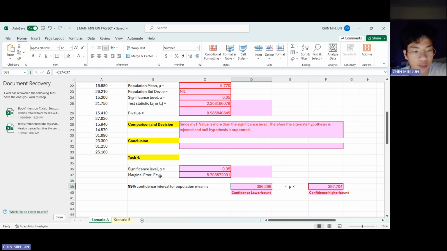Lastly, for my 99% confidence interval range, which is between 386